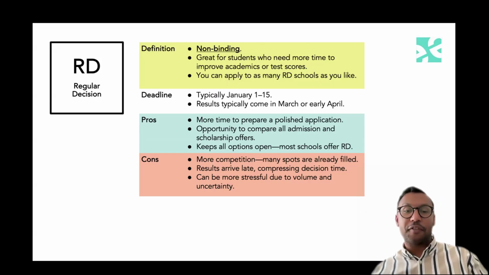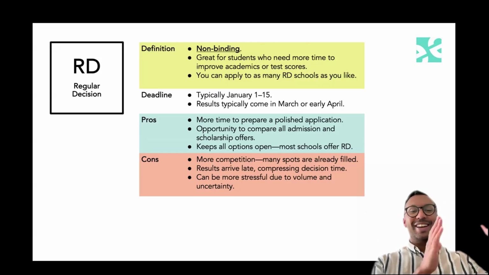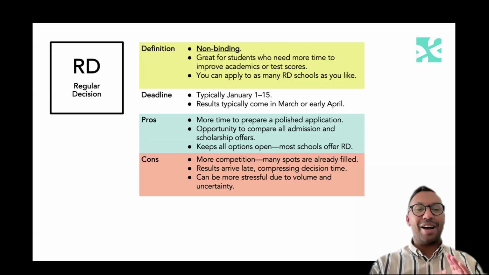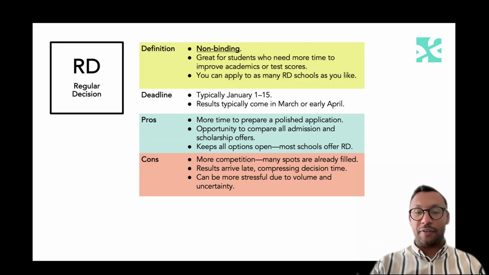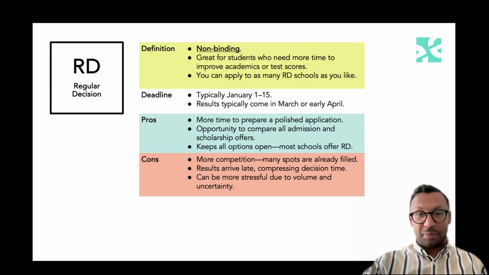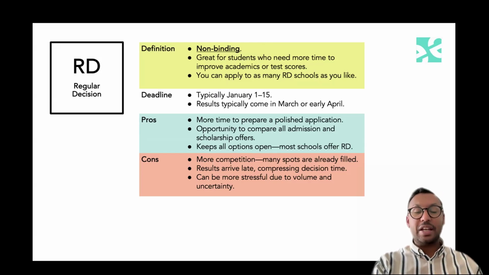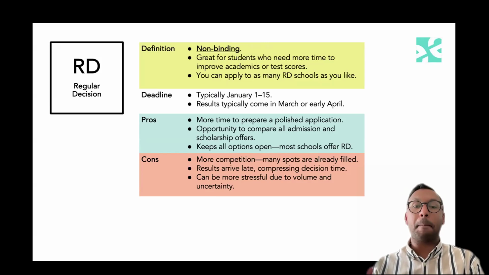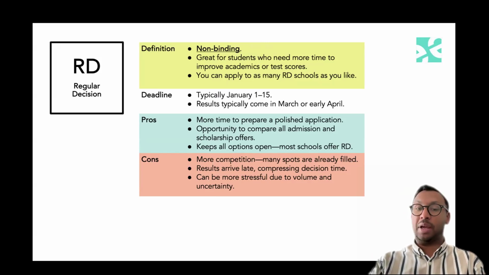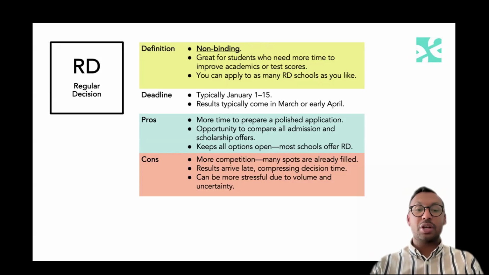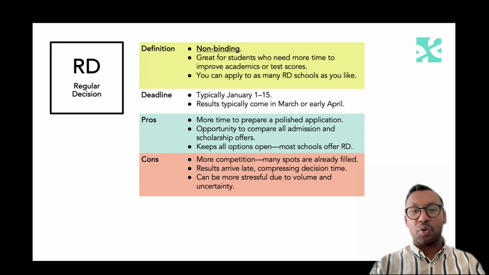So I'm just going to take us a few steps back really quickly. Early decisions are typically released in December, and you need to make a firm choice and commit to the school if accepted in January. Early action, you'll receive the outcome typically in December, but you don't need to make a decision until May. Restricted early action, the decision will come out in December and you don't need to make an immediate decision. You can also make that decision in May, and the same thing applies for regular decision.